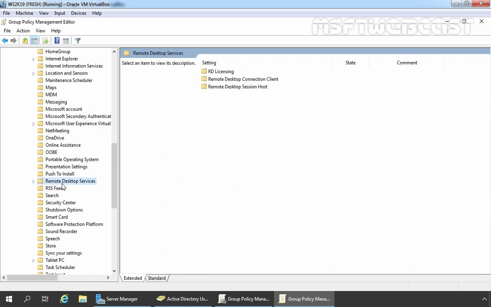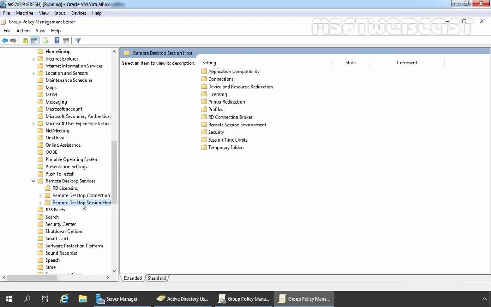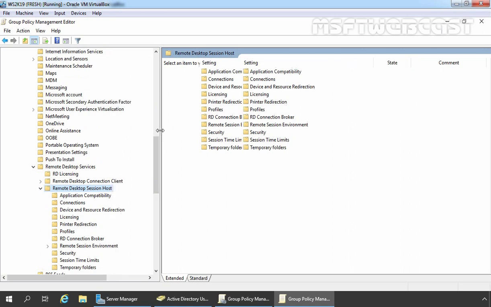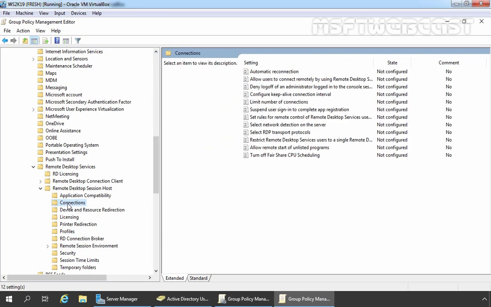Once you click on Remote Desktop Services, we need to expand it and then click on Remote Desktop Session Host. We also need to expand it. And here we need to click on Connections. The group policy settings which we need to configure to enable Remote Desktop Protocol will be available under Connections.